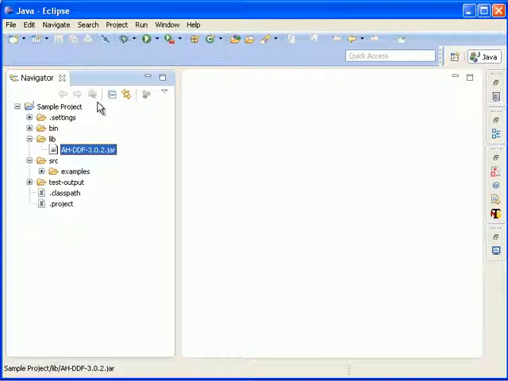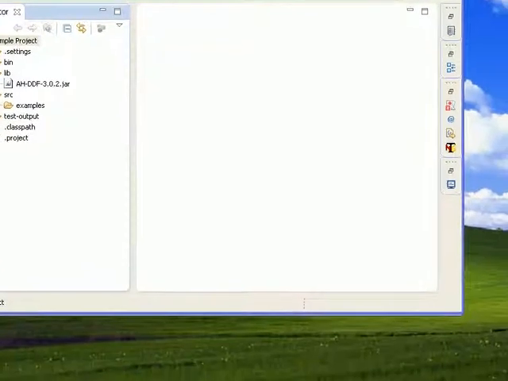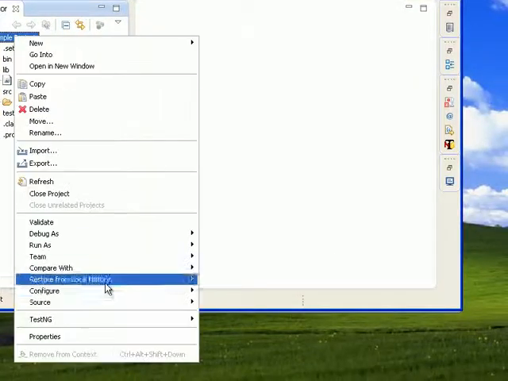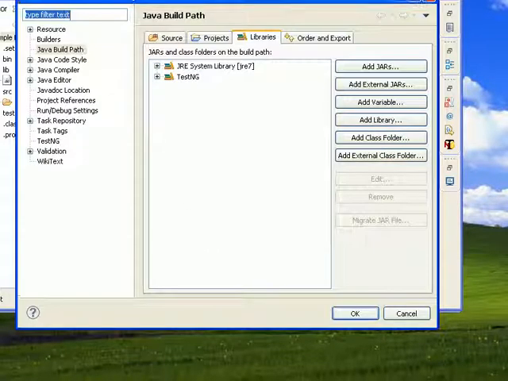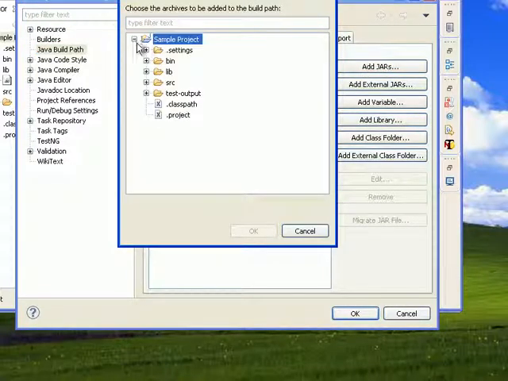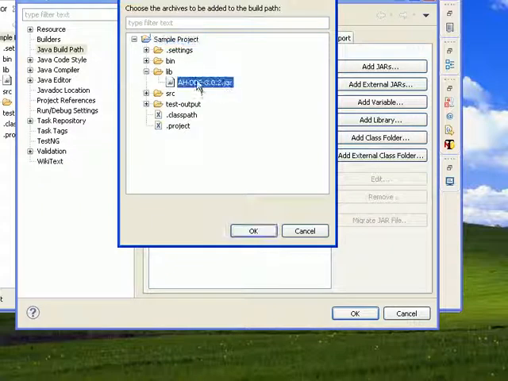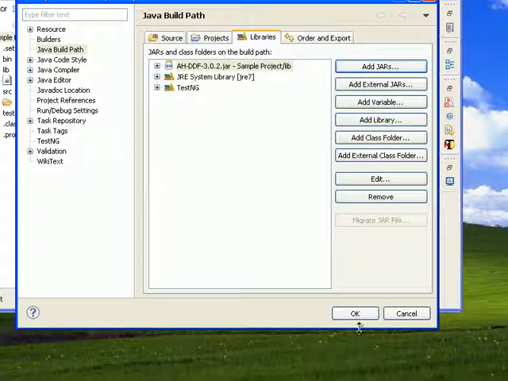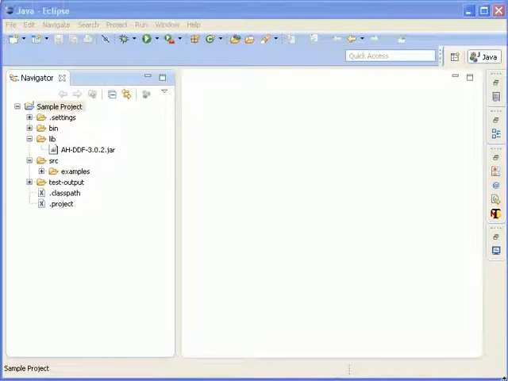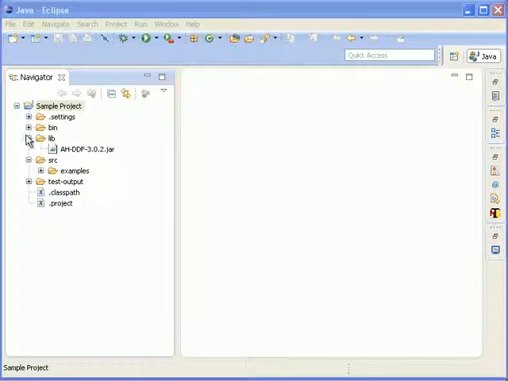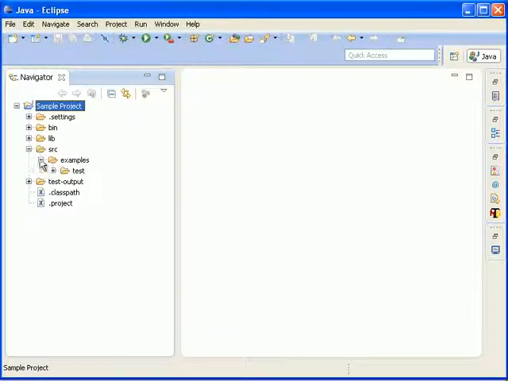So let me set the Java build path for this jar file. In the lib folder, select the jar file and click OK, and again OK, which will set the Java build path. So our Java build path is ready.